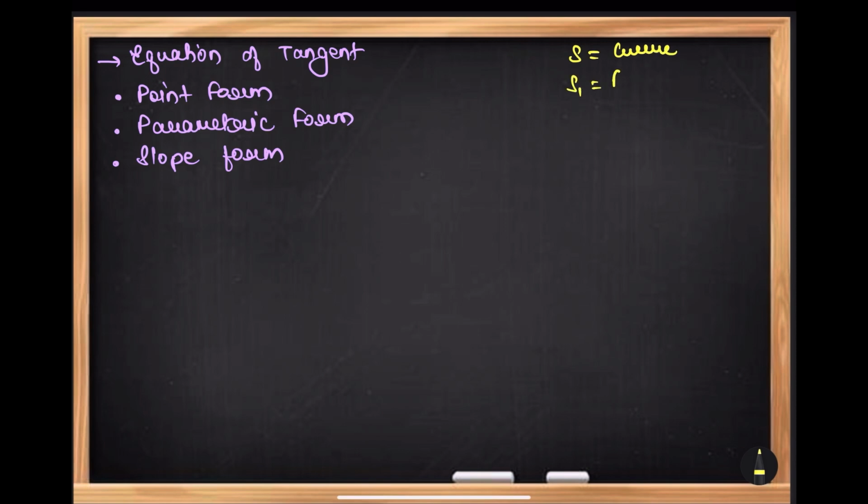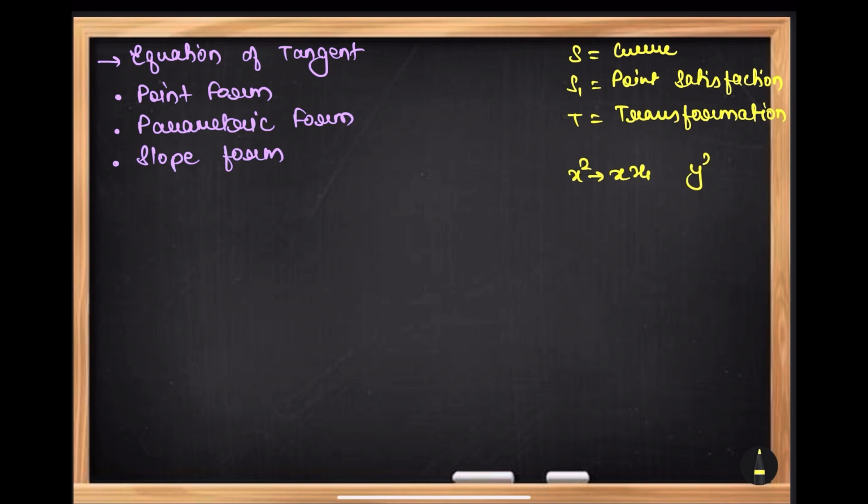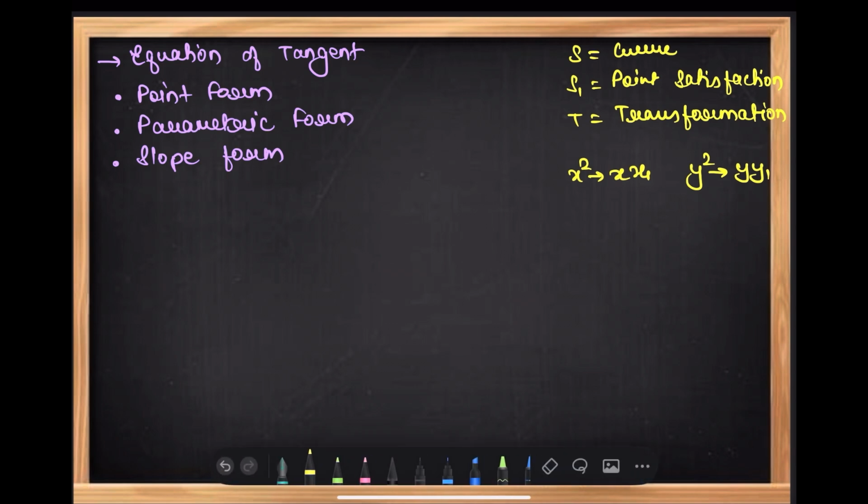Then S1 we used to call it as point satisfaction, means we used to satisfy points, and then we used to take T. T is some transformation. Okay, now what are the transformations we used to take? We used to replace x square with x x1. We used to replace y square with y y1, and then we used to replace x with x plus x1